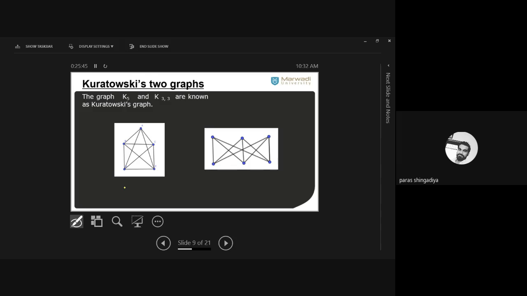Okay, if you consider the K2,3 shape, okay, that is the shape of K2,3. 3 vertices on one side and 2 vertices on the other. Clear? Now is it a non-planar situation? How many vertices are there? 5 vertices and how many edges? 6 edges. Clear? But we can easily make it into the planar form. How can we make it into the planar form? Just recreate this graph in such a way that you connect all the vertices without crossing over the edges.